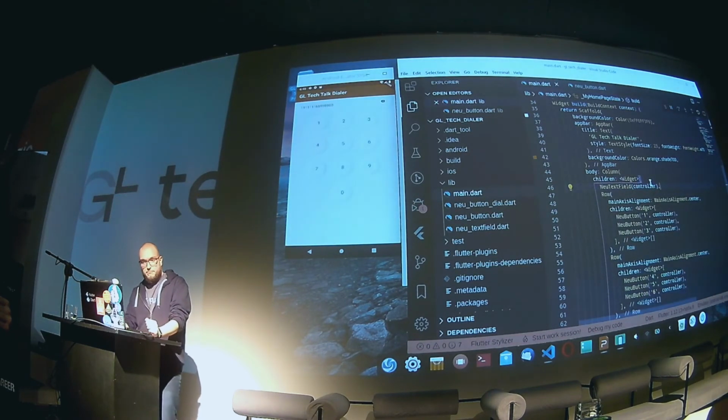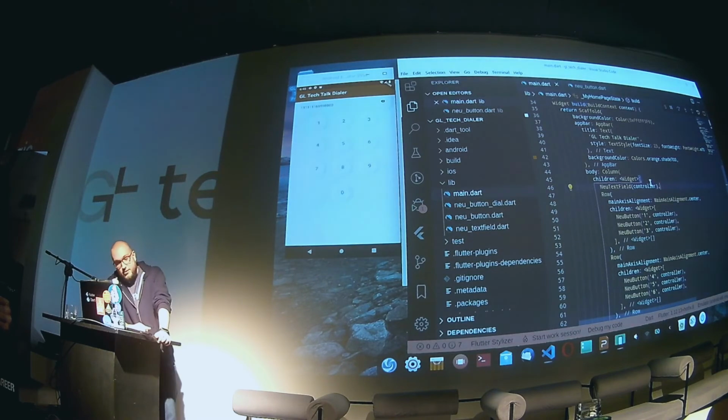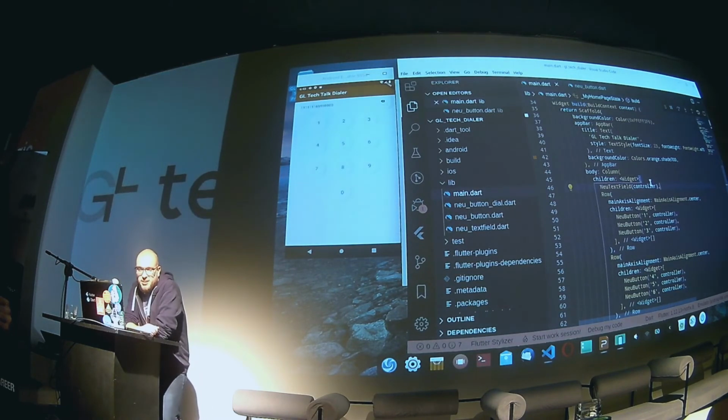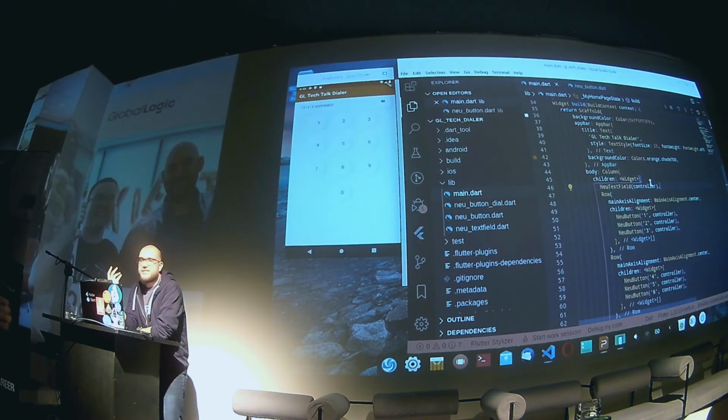Save it, hold reload, bang. We have a nice label on the top. But what is going on? We have some digits inside, right? Is this some kind of bug? No. This is what I